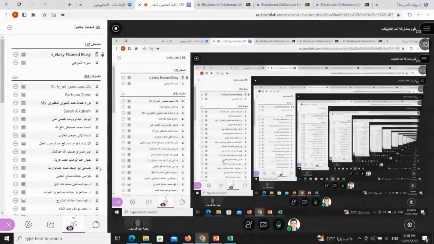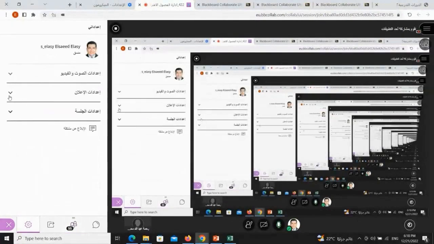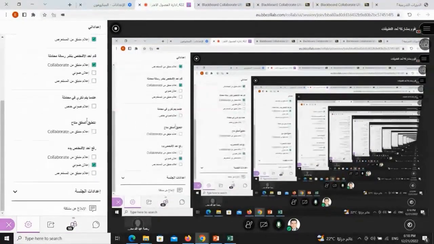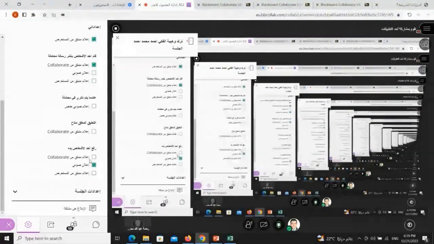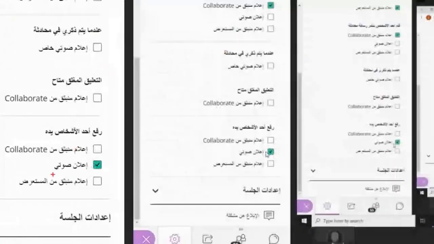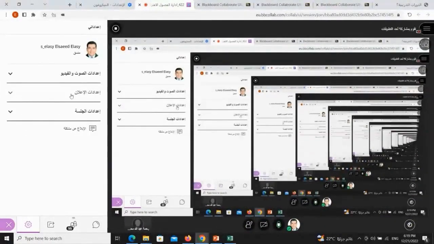In the lecture, while I'm in it, I need to be able to control all these settings. I need to manage what alerts me with sound and what doesn't. Of course, it's best to keep only the hand raising notification with sound, because if we have audio notifications for joining and leaving the lecture, it would create a lot of noise. It would create a lot of disturbance. That's regarding the announcement settings. And as for